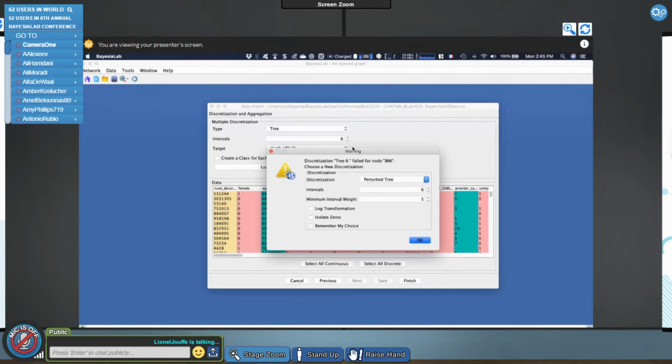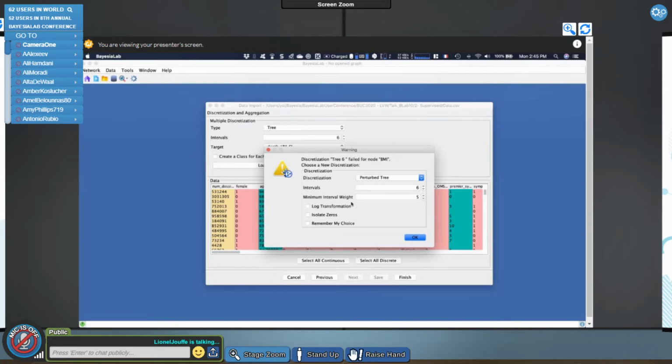Then here, you remember, this is when there is a problem. So tree here was not able to connect BMI with death here. So the idea in that case is to try to use a perturb tree algorithm. Perturb tree is based on our data perturbation algorithm that creates lots of data sets where the weight of each particle, of each patient here, is generated randomly from 0 to 2.